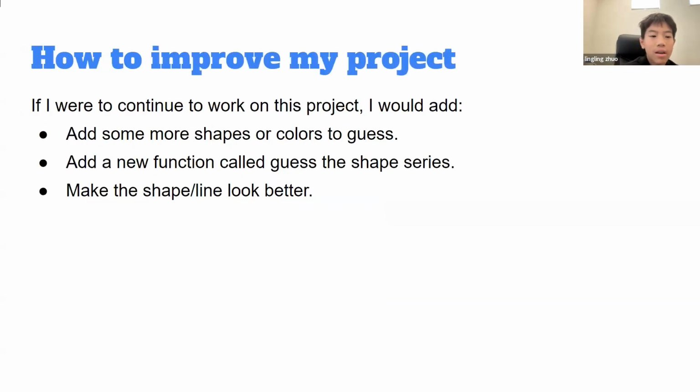There are 3 ways I would improve my project if I continue working on this. So I would add some more shapes or colors to guess, like hexagon or something else, and colors like purple, orange, something like that. And the second thing is to add a new function called guess the shape series, which means I